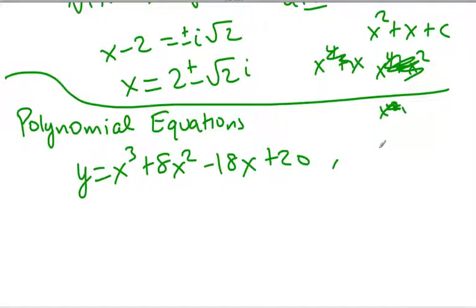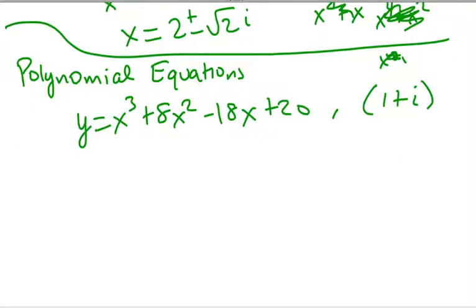Given one solution, we're given one solution. Recall that you can find solutions of an equation by putting them on your graph and then using the second calc zero function. But if we don't have that option available to us, if we don't have the ability to look at zeros on a graph, then what we're going to want to do is use a couple of theorems to help us out. And the first theorem that I want to cover, and this is the purpose of this lecture, to go over these theorems, is the